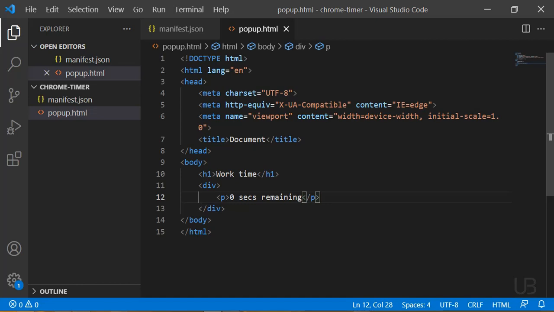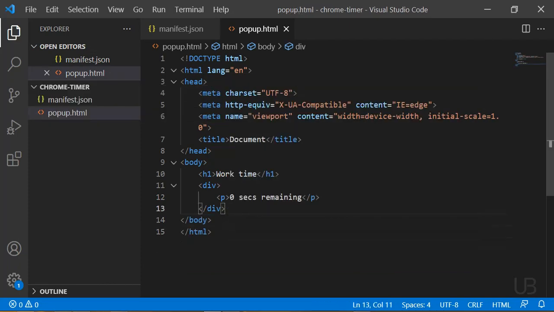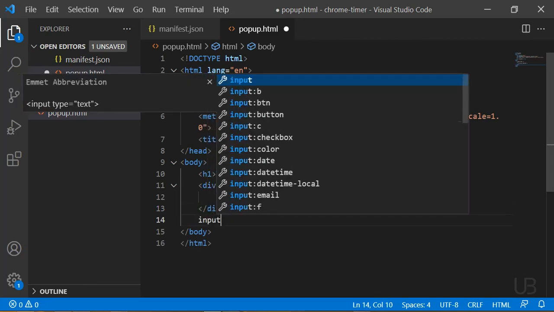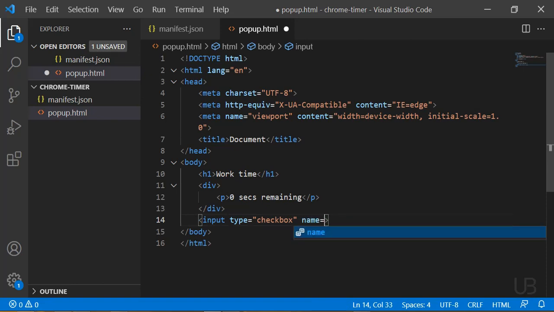Okay, so this is good. Okay, the default, let us just use this as the default value. We'll use JavaScript to change it later, based on whatever we have in our storage. The next is the input. That's the checkbox. We'll have a checkbox to toggle the extension on and off to activate or deactivate it. So the type should be checkbox. Then the name, let us also just put checkbox.